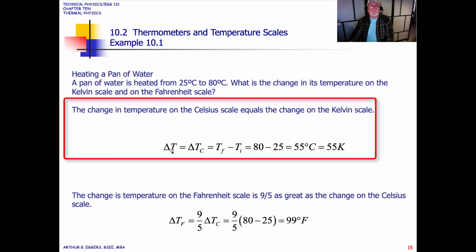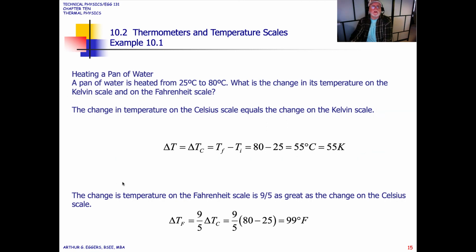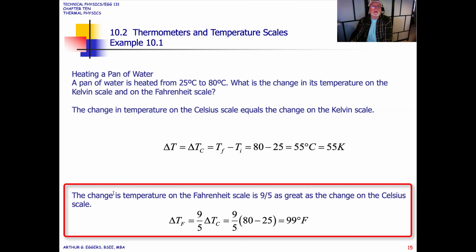So the change in temperature is equal to the change in temperature Celsius that we saw before, which is equal to the temperature final minus the temperature initial. In this case, it was given to us 80 degrees final, 25 degrees initial, gives us 55 degrees Celsius, which exactly equates to 55 degrees Kelvin. So now to change the change in temperature